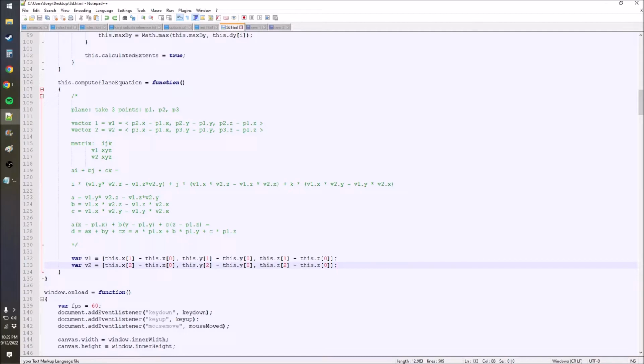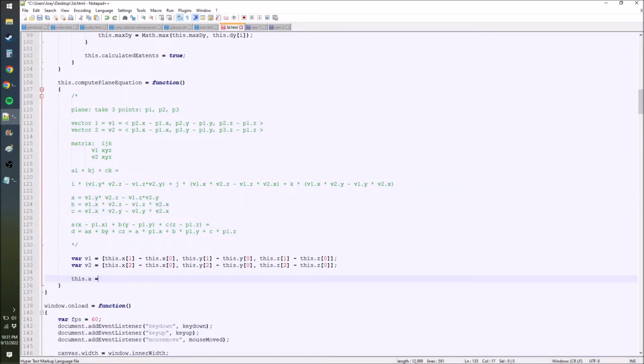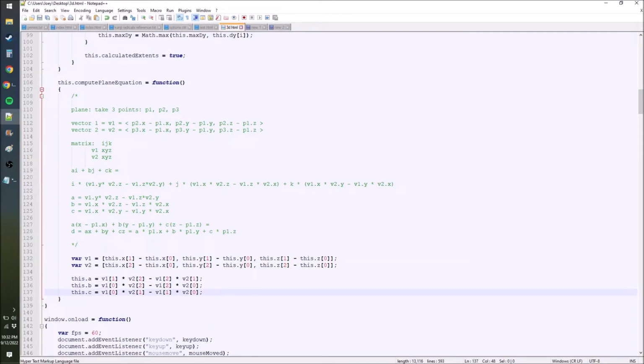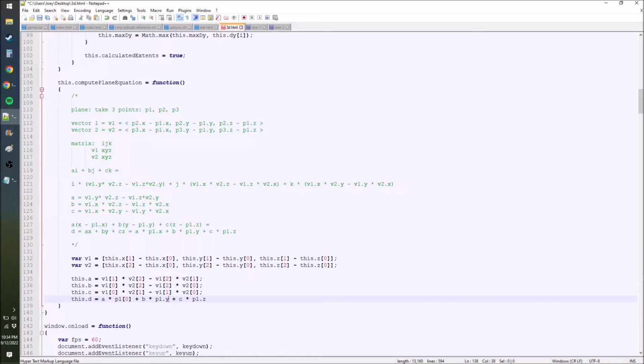The only difference really is that our indices start at 0. Below that we have the entire cross product written out, but it can also be expressed in this form, so we're just going to calculate A, B, and C this way. This dot A equals V1, 1, V2, 2, minus V1, 2, V2, 1. Okay, and there we have A, B, and C written out. It'd be really annoying if my math was not correct. Right, okay, it's not p1.x, it's